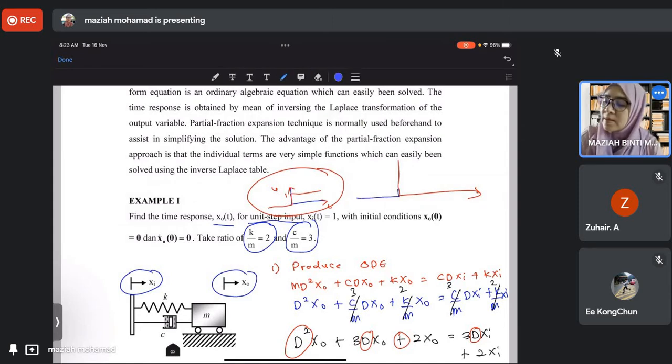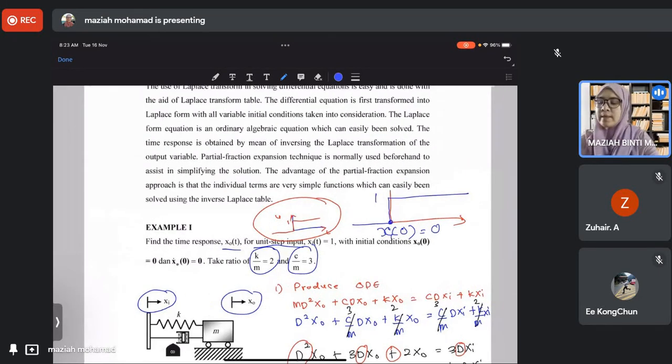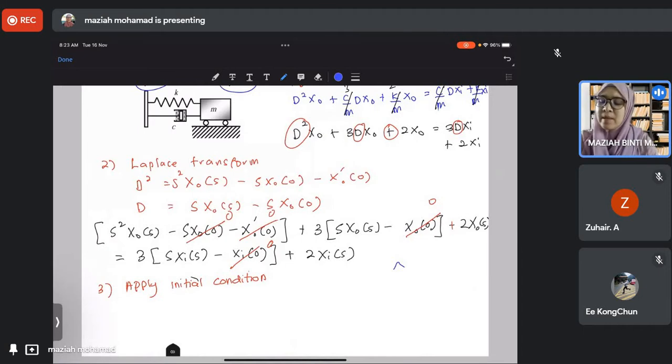So you can see that at time equal to 0, initially it is 0. Okay, so therefore the term here, this one also becomes 0. Okay, so therefore our equation will become